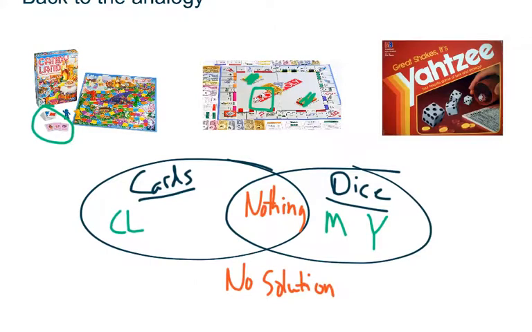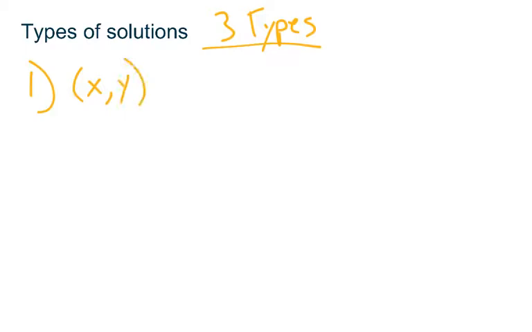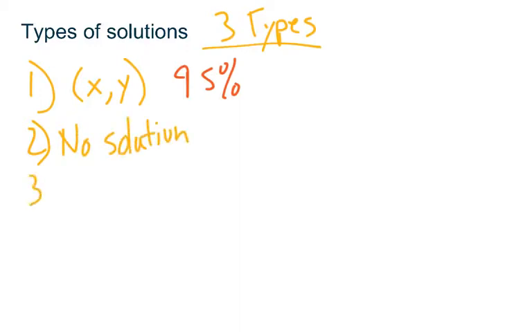And this leads us to the different types of solutions we could have with systems of equations. So we have 3 types. The first type is just a regular old XY. And this is going to be like 95% of the equations we're going to encounter. All right? It's going to be an X and a Y. The second type will be no solution. And the third type has a long phrase, but it's the accurate phrase,